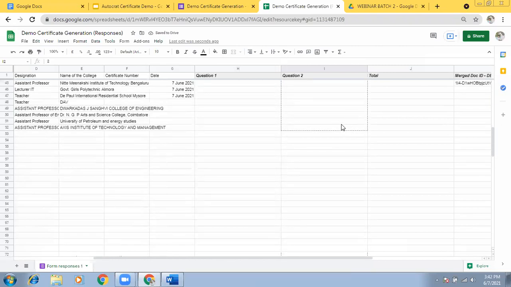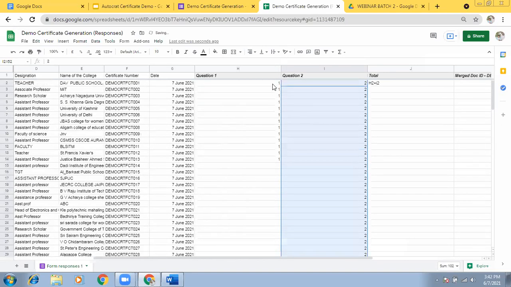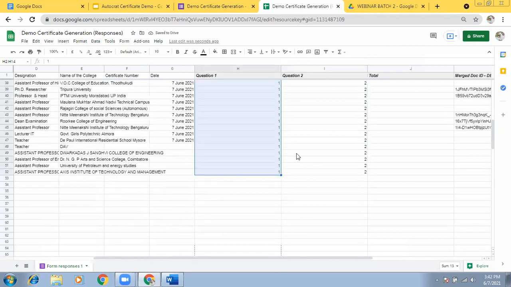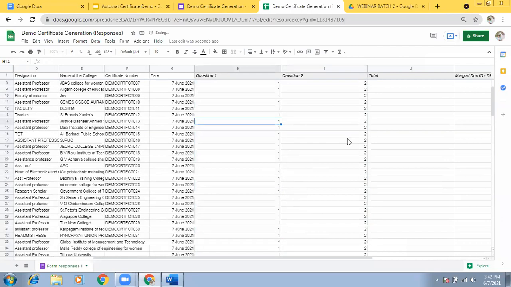So let me do like this. Let me make all the scores 2 only, and first, then we will change something. Here I'm making 0, 0, or some data I will make 2, 2, 2, 2. It is time consuming to explain.